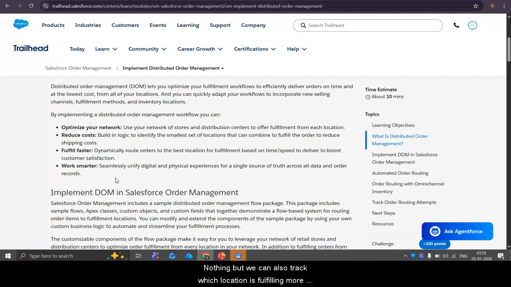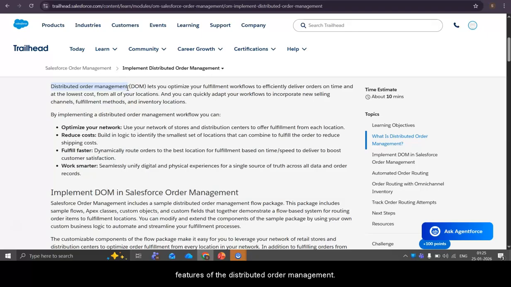We can also track which location is fulfilling more orders, which is not, and for which location we are getting more orders. So order management will be the single source of truth if we are using this distributed order management.